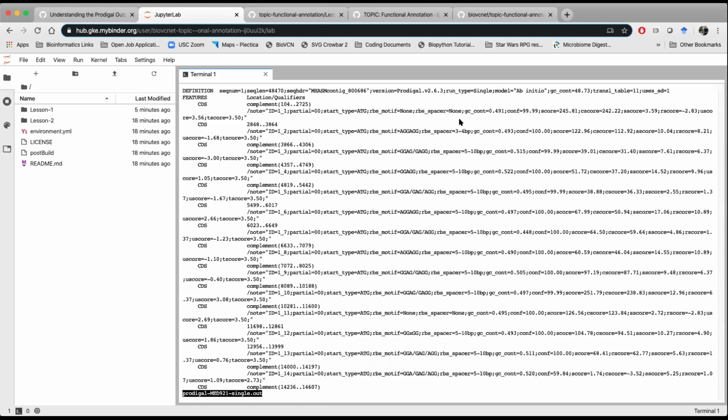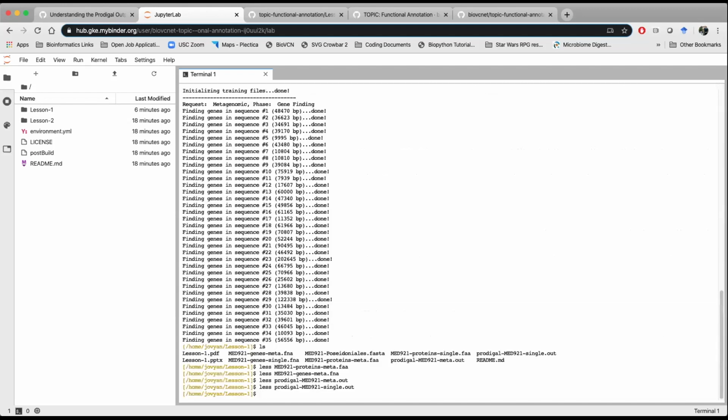So we ran in single type mode. The model that was then predicted was ab initio, so it didn't use one of its predetermined models already. And when we look at the output from this, if we did proteins, and instead of meta, we did single,